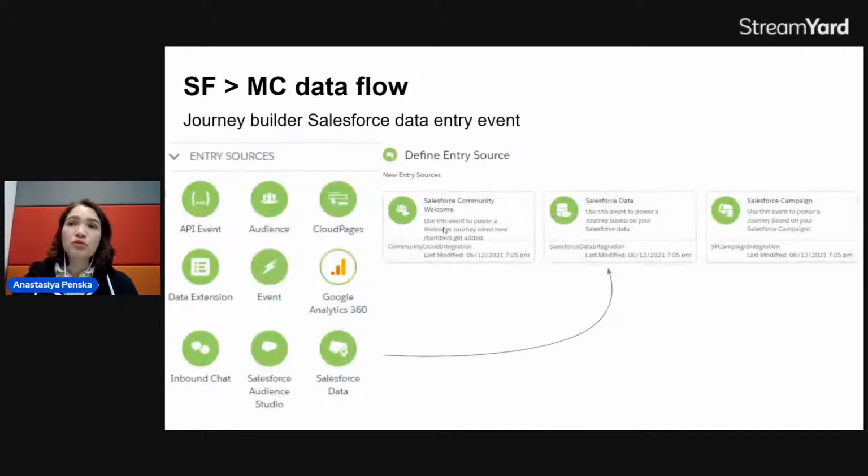So we also mentioned Salesforce data before, right? When you look at your Marketing Cloud, you can see that you have several different entry sources that you can pick from as the entry event for your journey. One of them is Salesforce data, and Salesforce data has several options. The first of them is Salesforce data itself, and it allows you to choose from